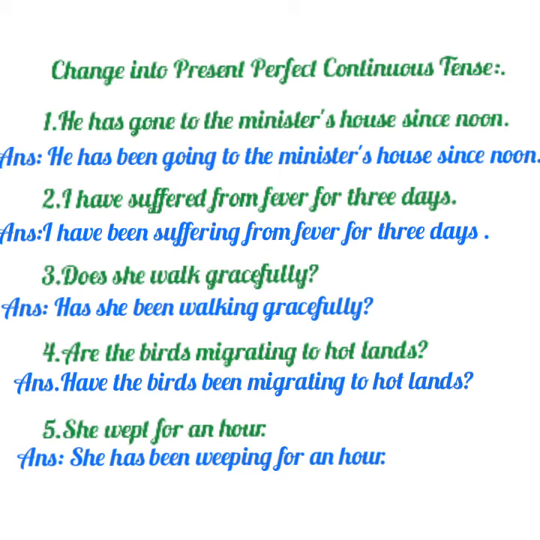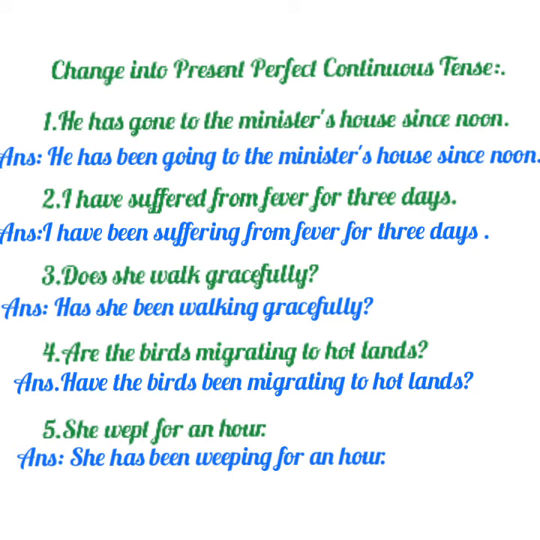So here the person or the subject is she. She is singular person, so remember we have to use with has. Since this is question form, we have to start with has followed by she. Has she been? And ing form of work is working gracefully. Don't forget to put question mark. Number 4,